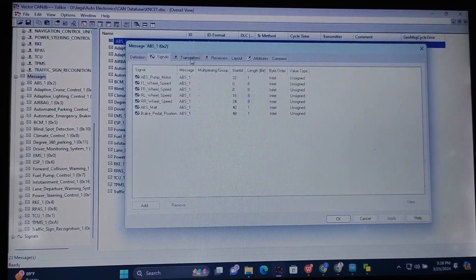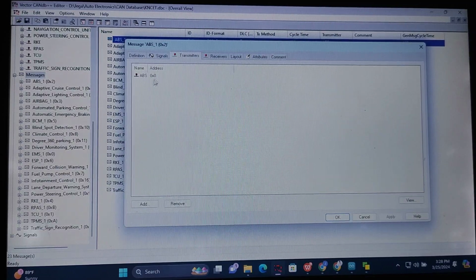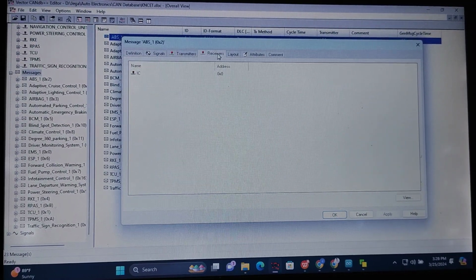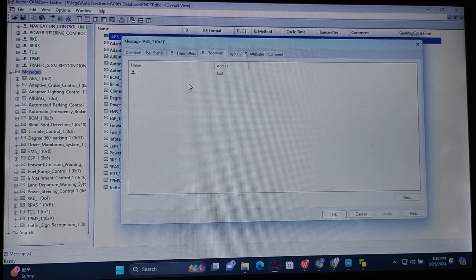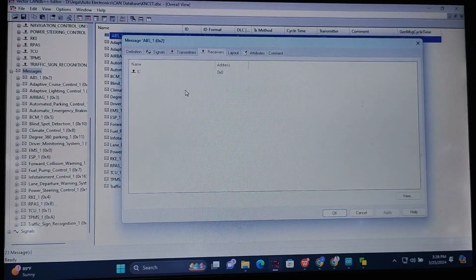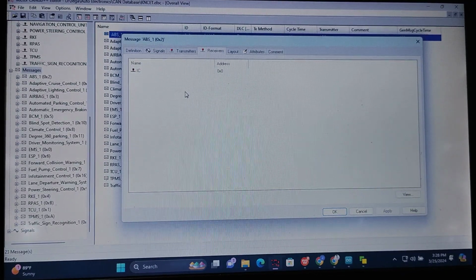and we associate them with the messages. Here you can see the transmitter ECU. The transmitter ECU is the ABS, and it is received by the IC. So here we just receive the ABS malfunction signal only. If you receive one signal, it will be mentioned as an ECU, enter ECU.